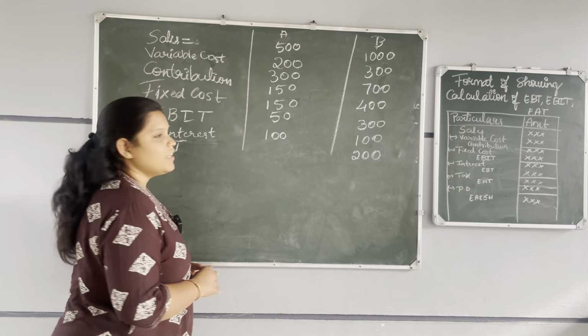So here I have a new problem. We have to find out operating leverages, financial leverages and combined leverages. These three types of leverages we have to cover in this problem. Here the main thing they have given is that we have to do it for company A separately,